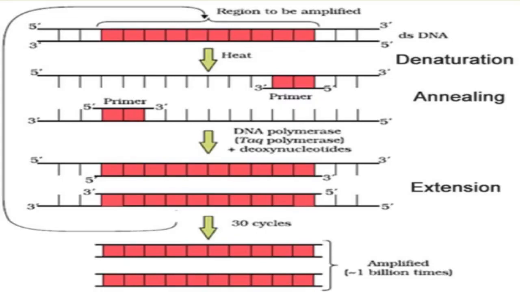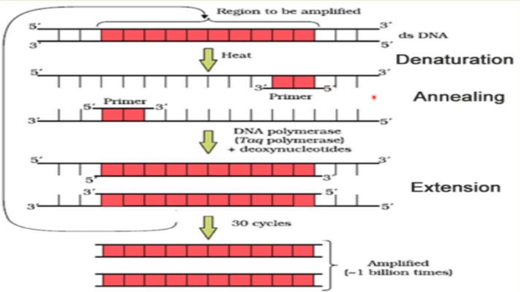First step is denaturation. In denaturation, heating of target DNA is done at very high temperature, like 94 degrees Celsius temperature is set in PCR machine. Due to that temperature, hydrogen bonds between the nitrogen bases of these 2 strands of DNA will break, and these 2 strands of DNA will get separate, like you can see here. And the separation of these two strands at high temperature is called denaturation of DNA. Now these two strands will act like template for synthesizing new DNA. Both the strands will act like template now.